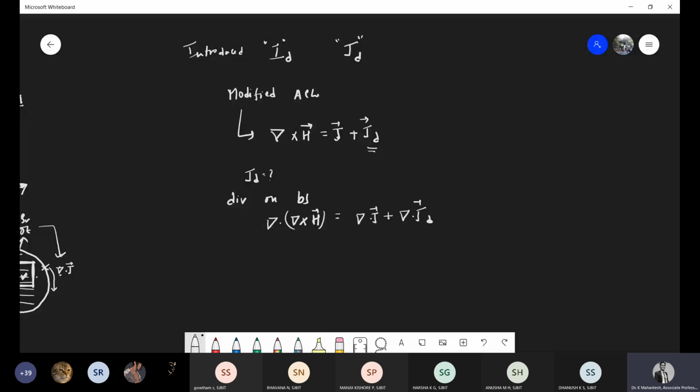Now this is equal to 0, which is equal to del dot J plus del dot JD. Therefore, del dot JD, the divergence of displacement current density, is equal to minus del dot J, which is equal to minus dou